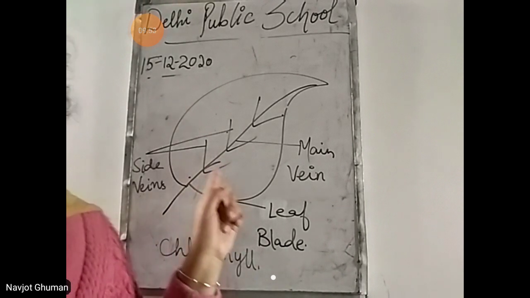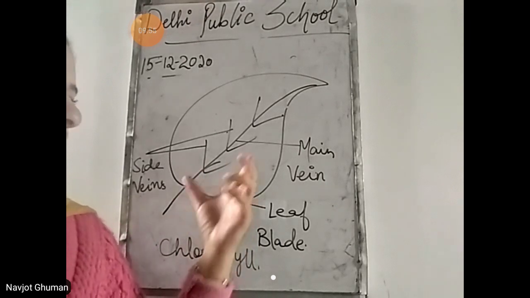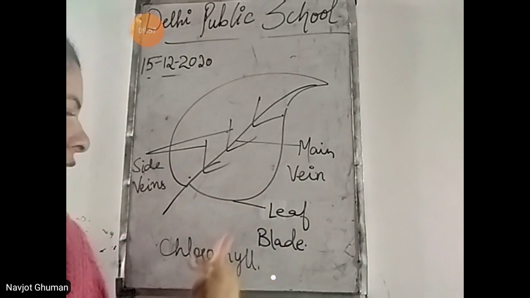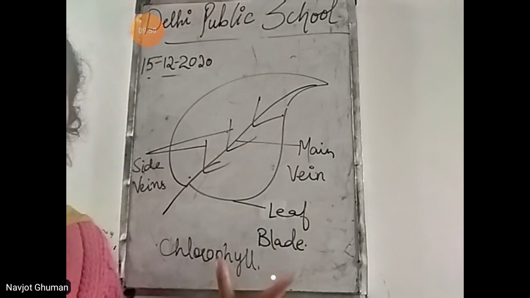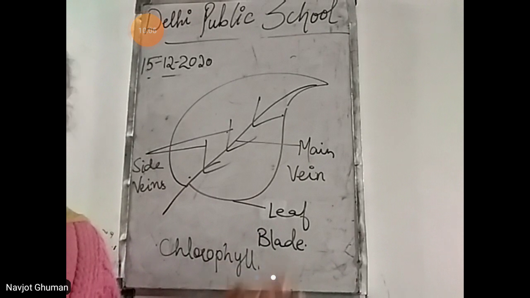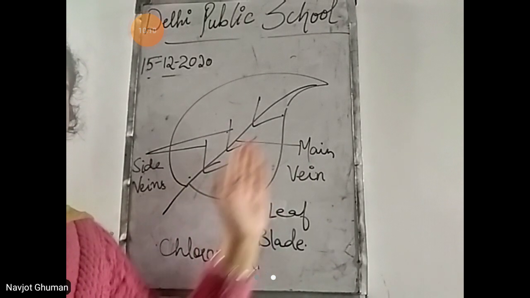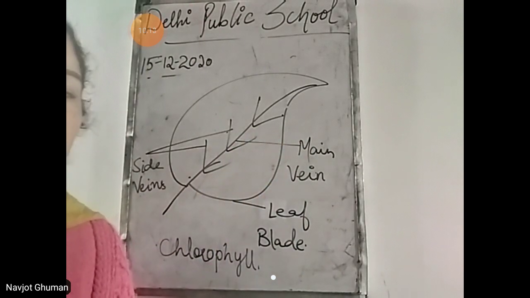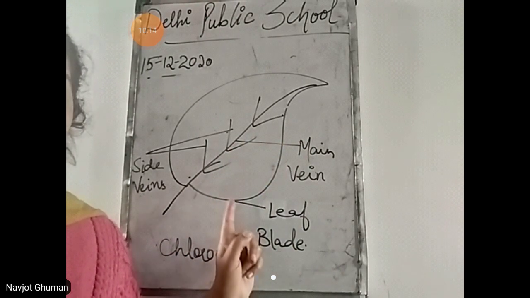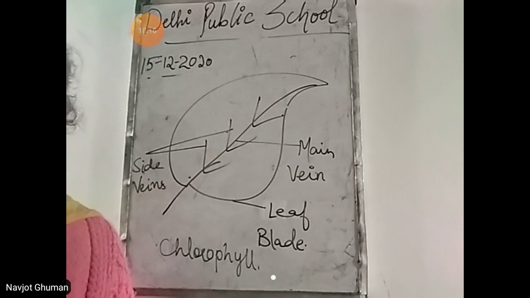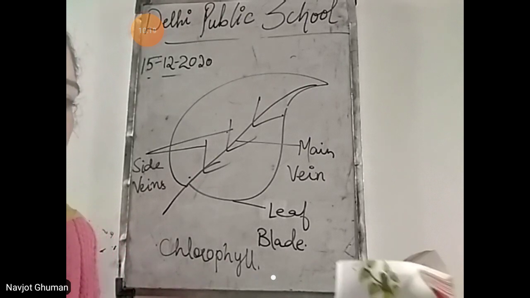Leaf is called the food factory of the plant as it makes food. Due to the presence of chlorophyll, it can absorb sunlight. जो chlorophyll है वो sunlight को absorb करता है ताकि जो plant है अपना खाना बना सके. So food is prepared in the leaf and from the leaf it is transported to other parts of the plant. So that is why leaf is called the kitchen of the plant, or you can say food factory of the plant.